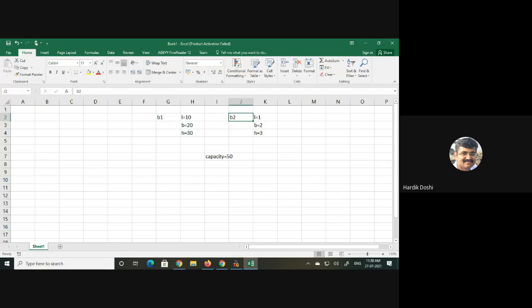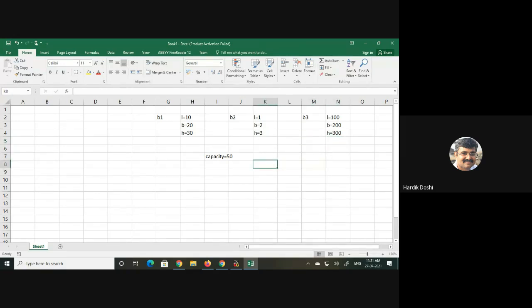This will be shared by all the objects. Suppose I have now taken a third object B3. Say for example, this is B3. Over here I take its length to be, let's say, 100, breadth to be 200, and height to be 300. I have taken capacity to be static.